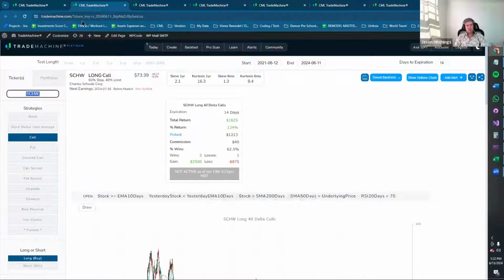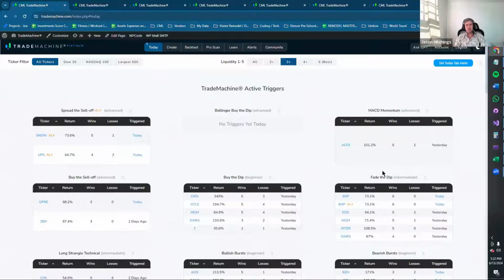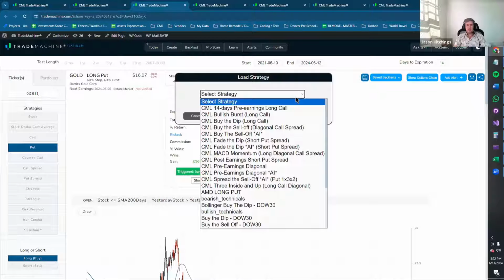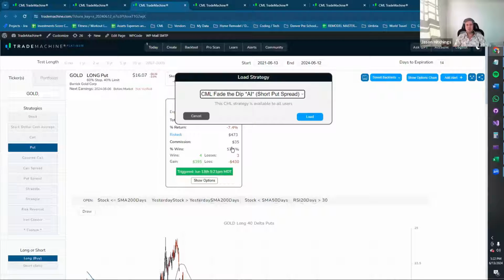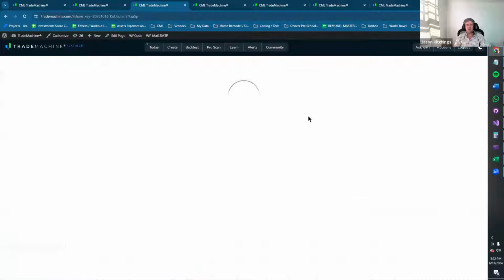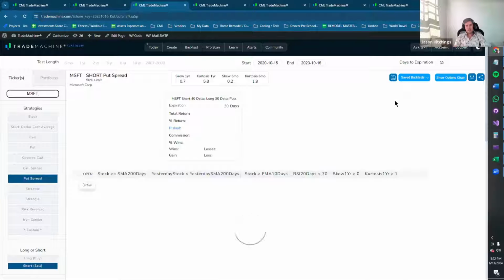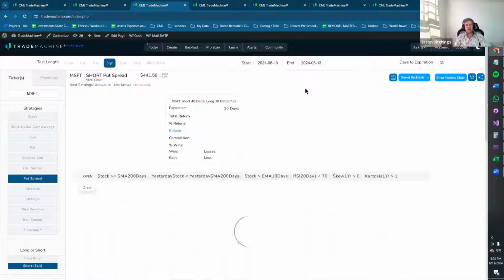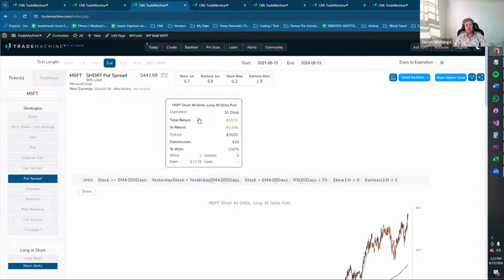So for all of these strategies on this Today tab, these 14 strategies, if you ever want to look at one of them directly, we have this saved backtest. You click it, and then all of these things that say CML in front, these are all the strategies on the Today tab. So here's the Fade the Dip AI that we just looked at. I can load that one back in. When I load that, it just loads a single saved backtest. So this thing got saved in October of 2023. If you click any of these buttons, say, show it to me for the last 2 years or 3 years, it'll just update the start date and the end date to the current dates.